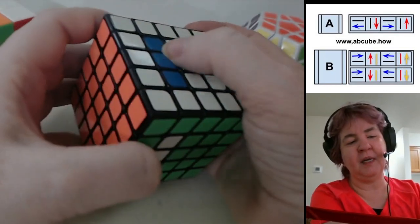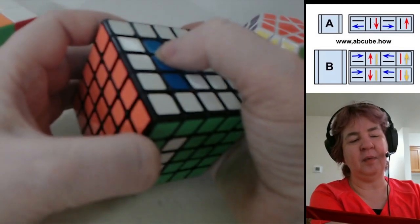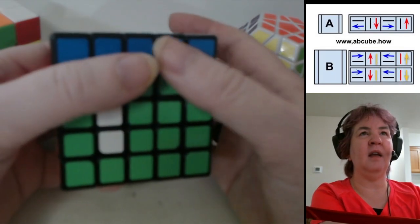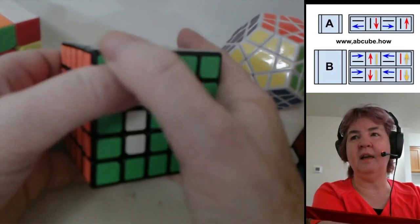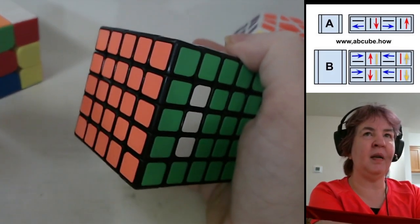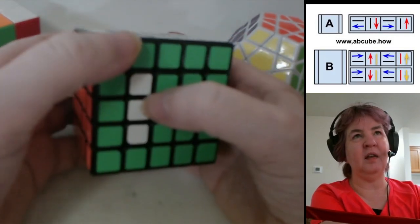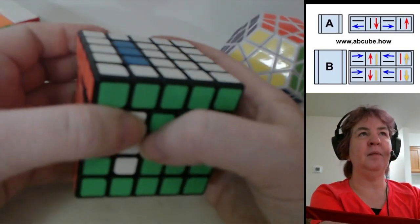I can either do Formula B for 2 of these and Formula B for the other one, or I can do Formula B twice to move this up to here. The way to do that would be to slide it out of the way, and then use the double. I'm using the double slide method that I used for the 3x9 to move the centers, and I can treat the centers as one piece rather than 2 pieces. I line it up, and I'm going to pretend this is a